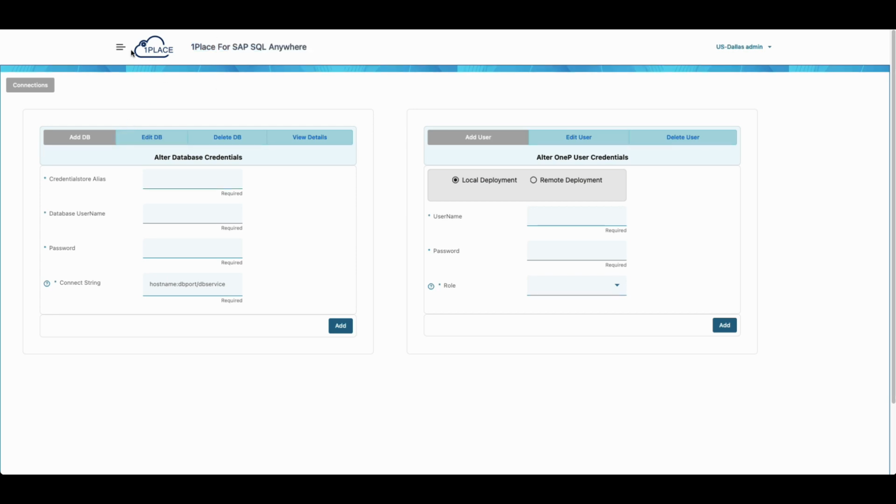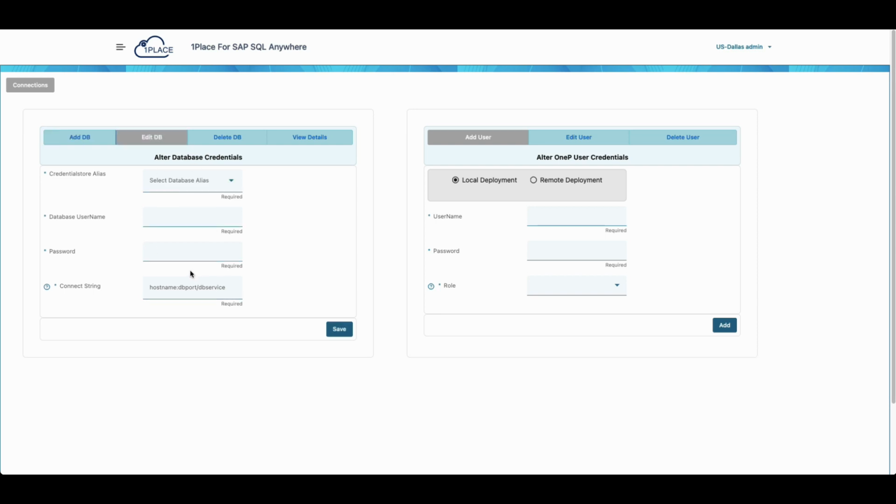So initially I will configure the source database. In this case I will add a database. I already have a database credential inside my One Place deployment, which is US Dallas source database. So I will select that alias name. The username is 1p user, which is the database user inside the source database, and the password. And then the source database is running on port 2638. Source database name is IMSDB,